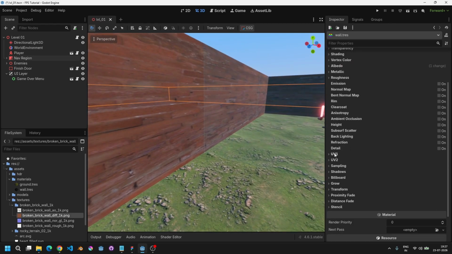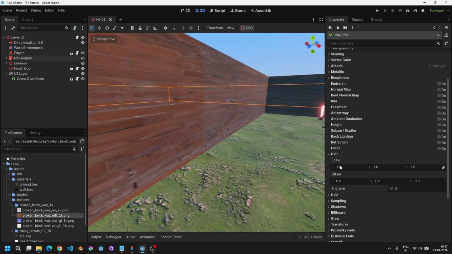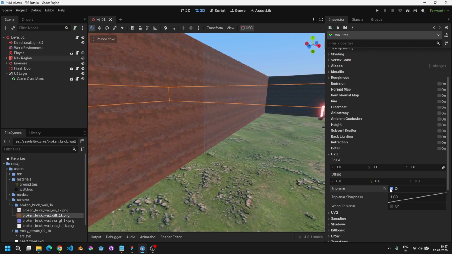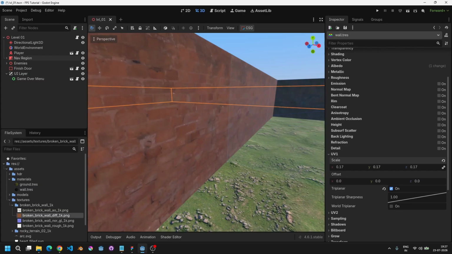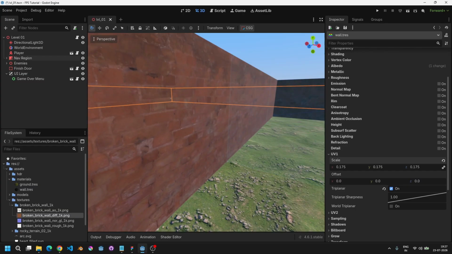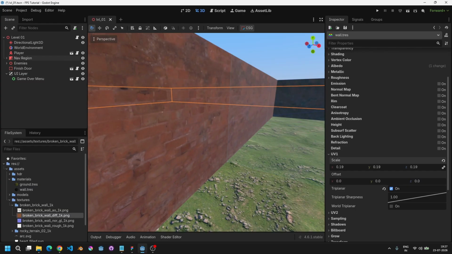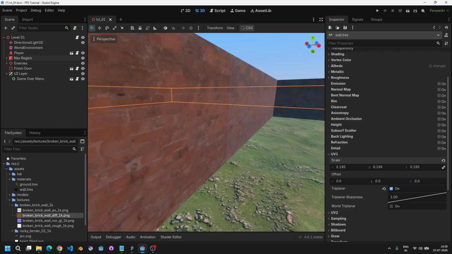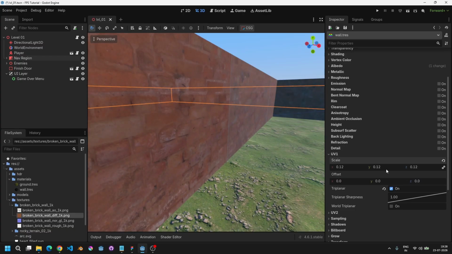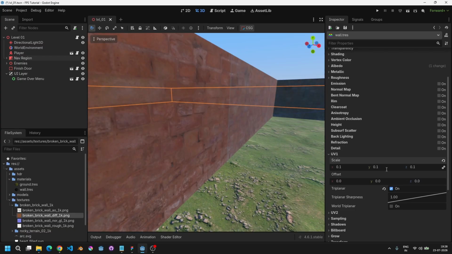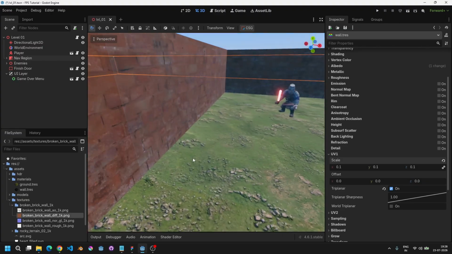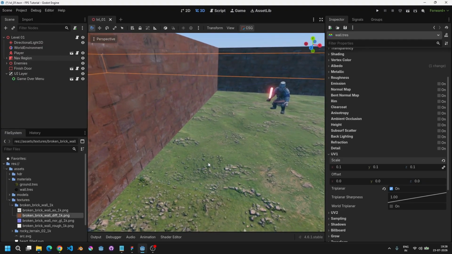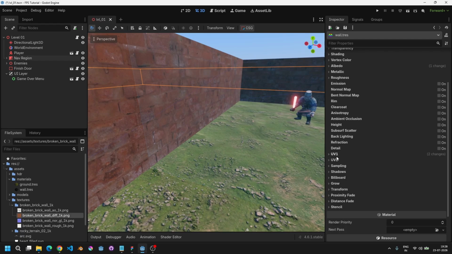We want it to tile, so I will go to UV1 section and enable triplanar, and again let's make it, I think 1 to me looks good. Yeah, let's go with it for now,